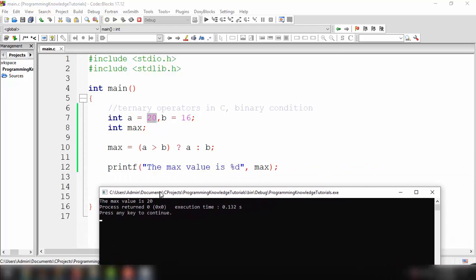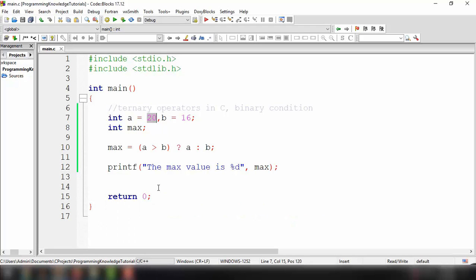Okay, so this is quite useful if you only want to check a certain value. So if you're planning to use if else, then you might want to use the ternary operators, which is like this. So it will just save you time, it will save you code space, and I think it's clearer than using the if and else statement. So this is pretty straightforward when it comes to checking the value and assigning the value to the max variable. Okay,